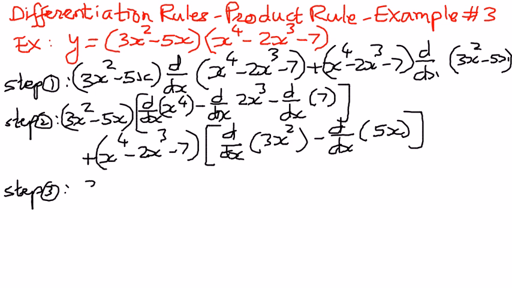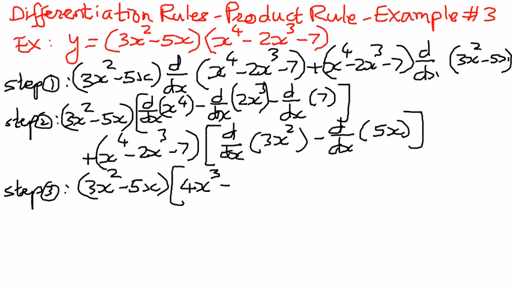So step 3, we're going to write 3x to the power of 2 minus 5x, d by dx of x to the power of 4. Now we can use the power rule. So the value of n is equal to 4 there. So therefore 4x to the power of 4 minus 1, which is 3,